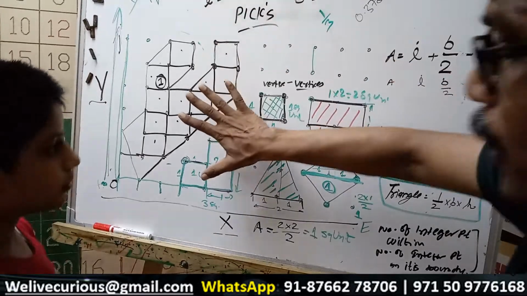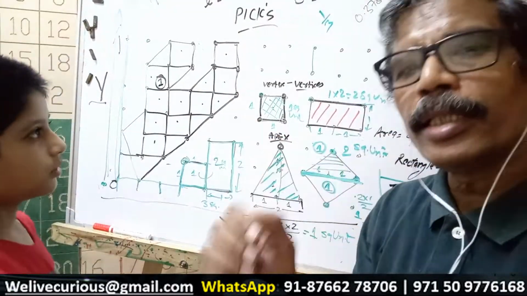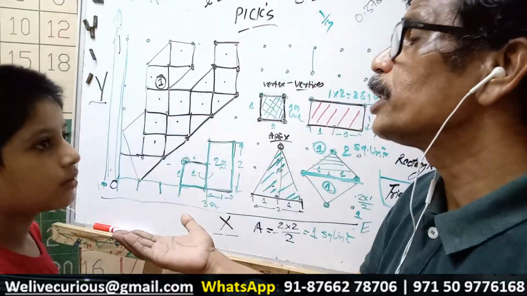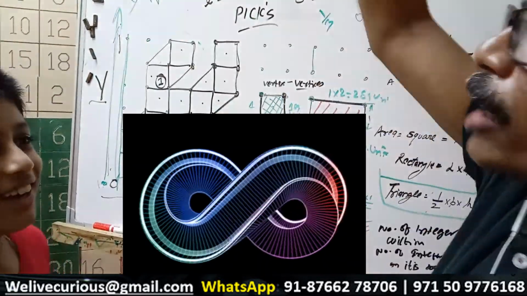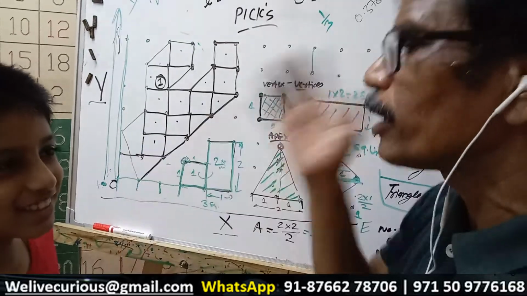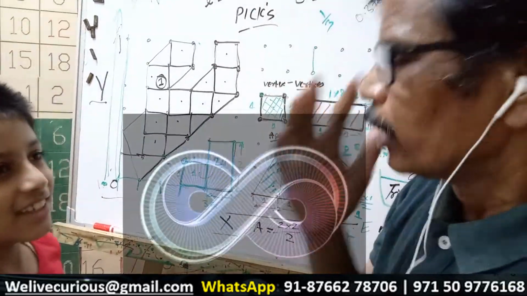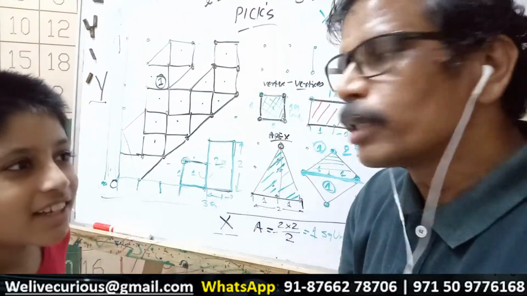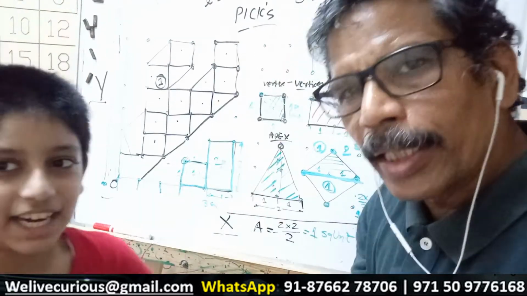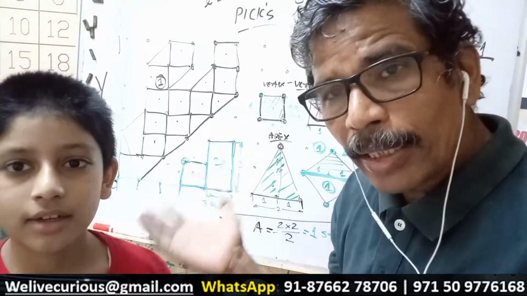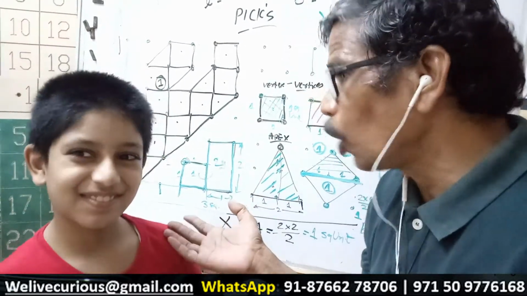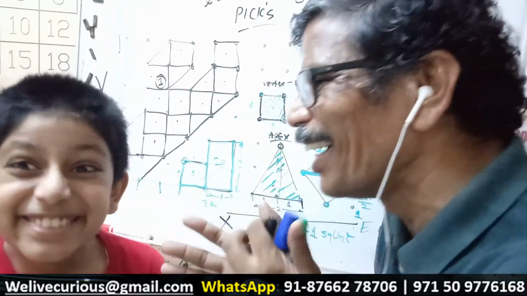And what is an integer? Integers are 0, 1, 2, 3, 4, 5, 6, 7, 8, 9, 10, and so on up to 20 and beyond. Keep going till your breath lasts. You will die, but the integers will not finish, because it goes on forever. A man cannot live forever.